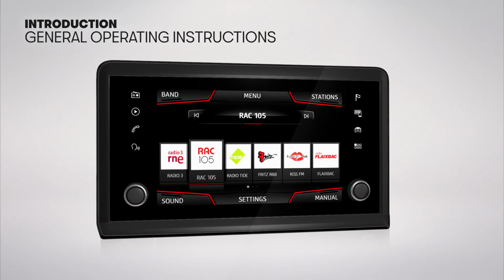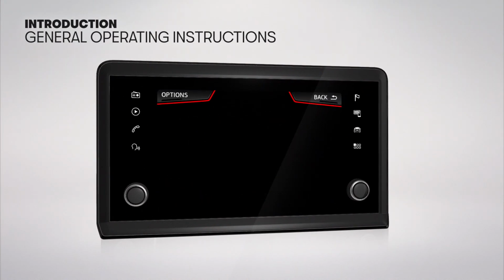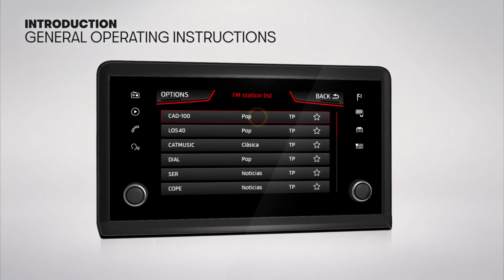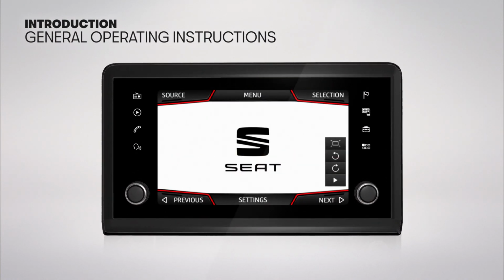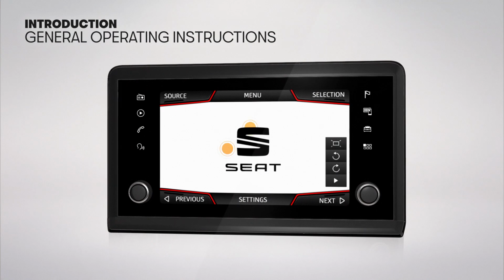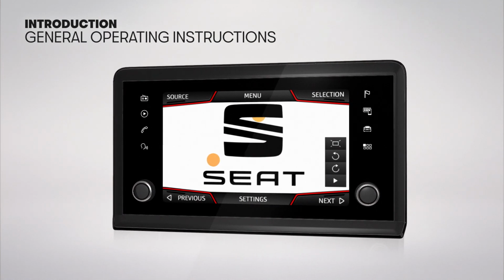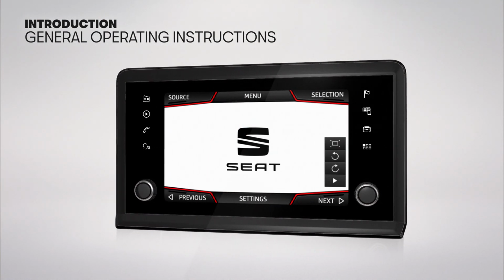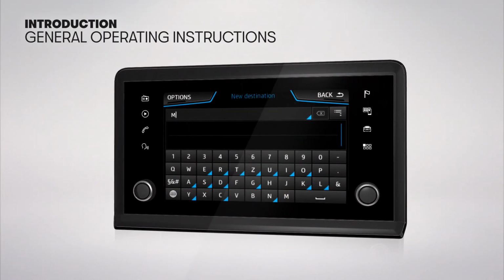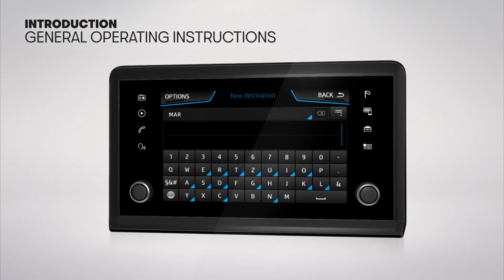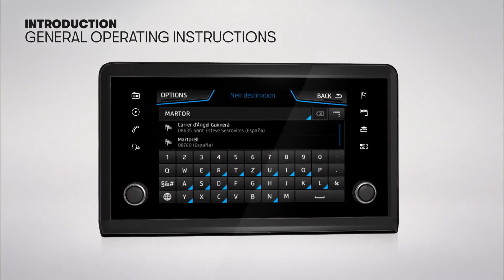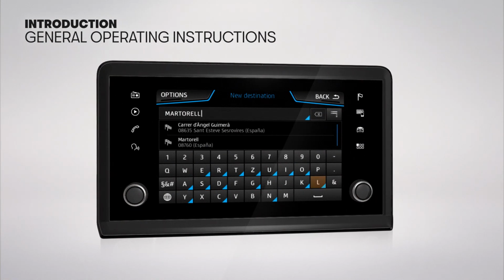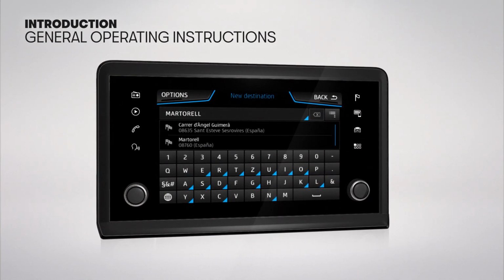General operating instructions. With the touchscreen, you can navigate, activate functions, or open sub-menus by pressing the active areas of the settings options. To zoom in on an image, touch the touchscreen with 2 fingers, and with a pinching motion, move outwards to zoom out or inwards to zoom in. The infotainment screen also has input screens with an on-screen keypad to input texts in cases such as naming a stored value, selecting a destination address, or entering a search term.